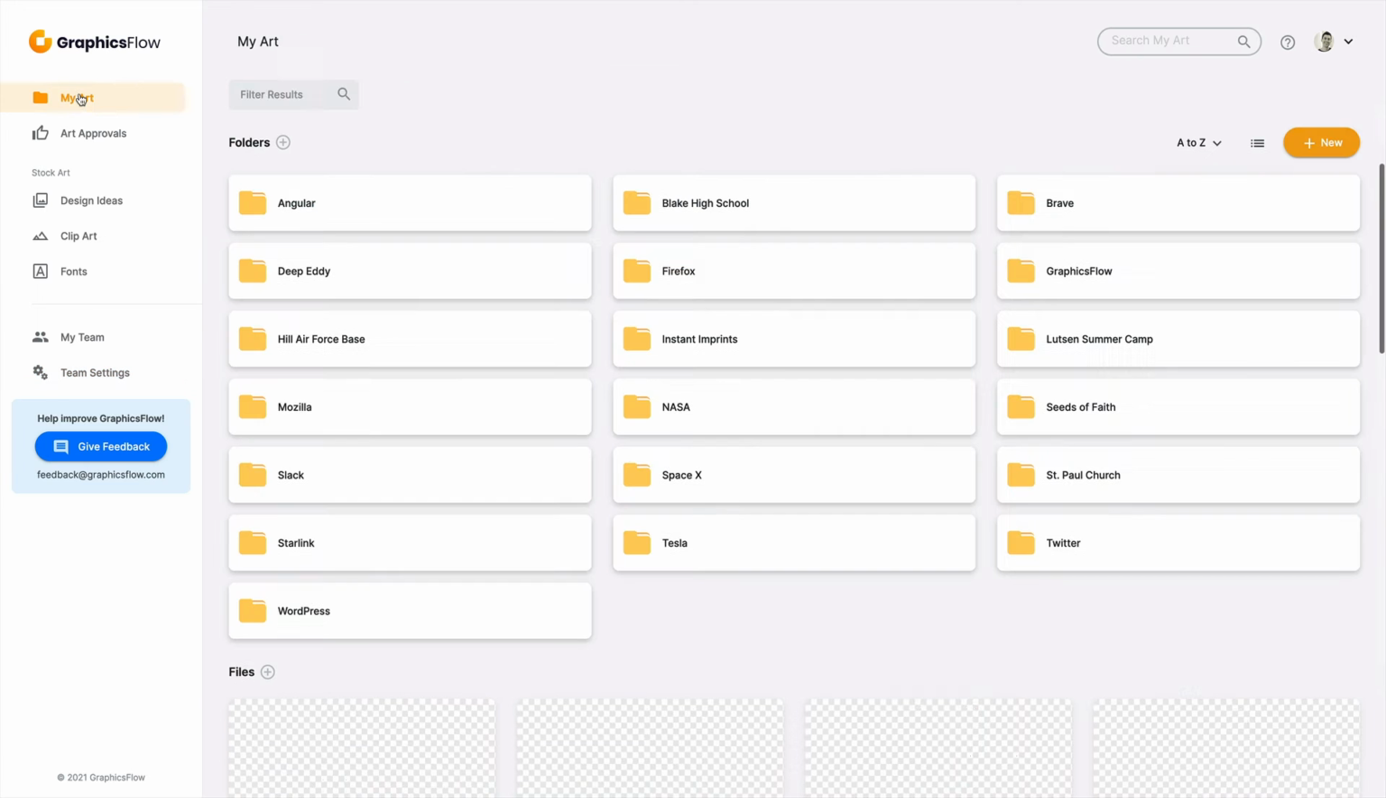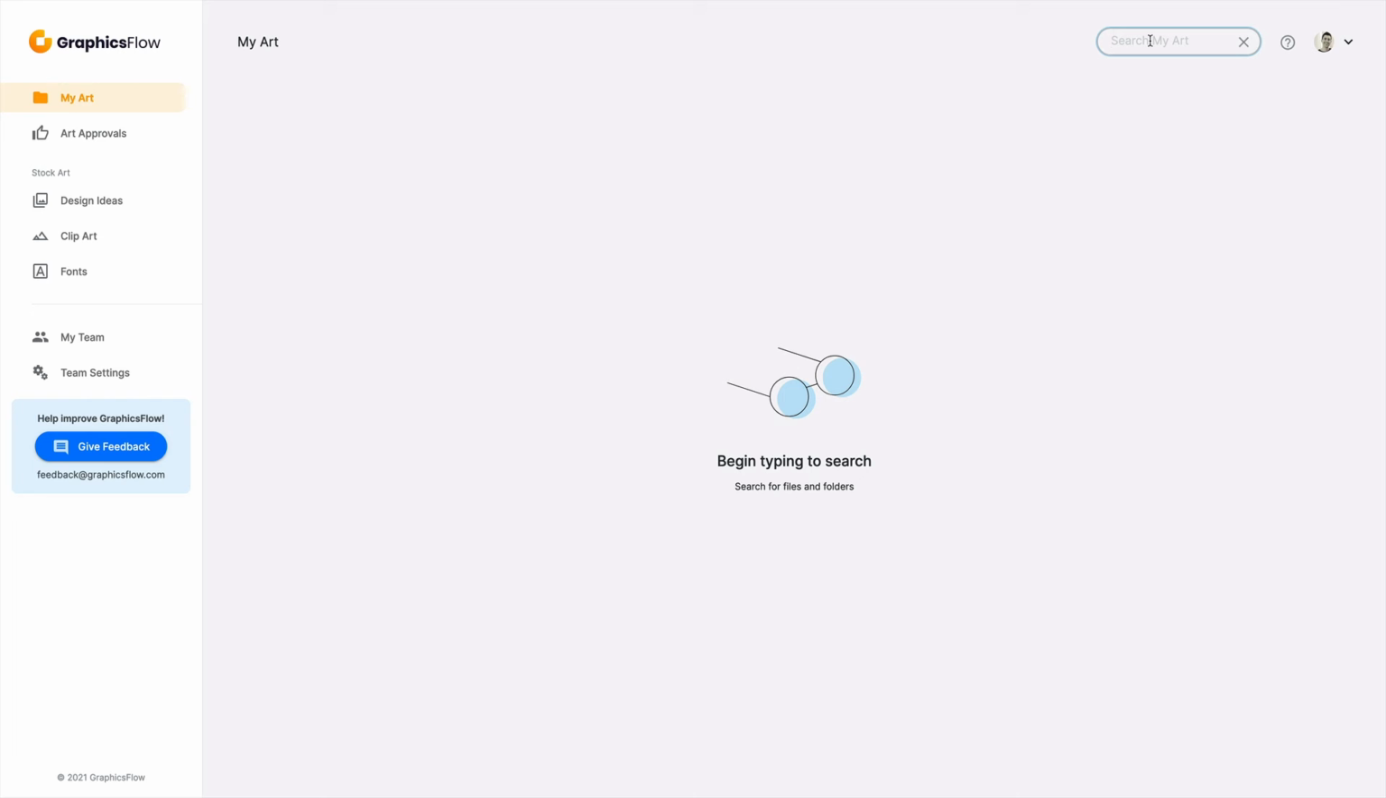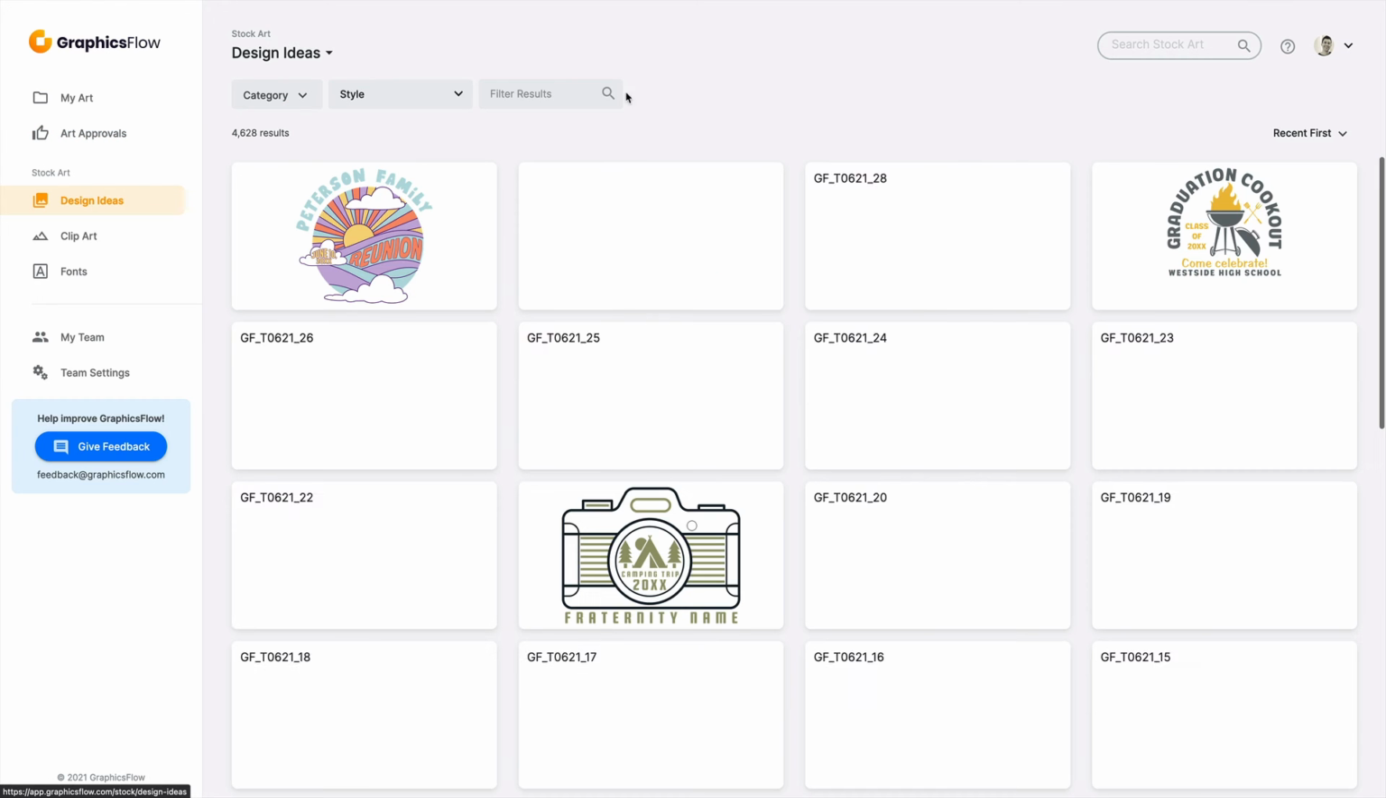Now let's head back to the My Art workspace and let's go to the very top right navigation. So I want to call out an important function here, which is a global search. So you'll notice Search My Art. So when you're navigated to different functional areas like art approvals versus design ideas, sometimes you'll see that